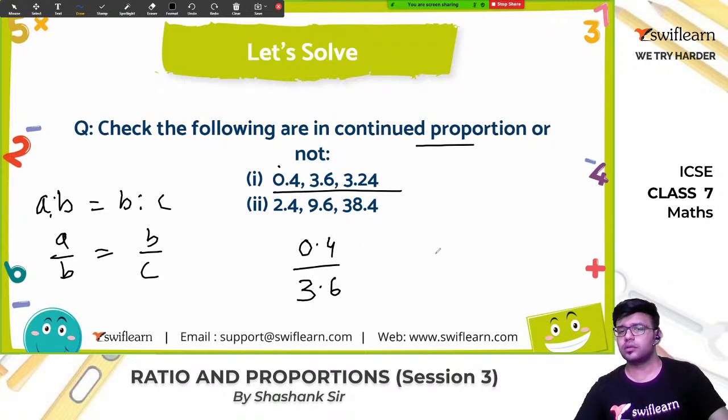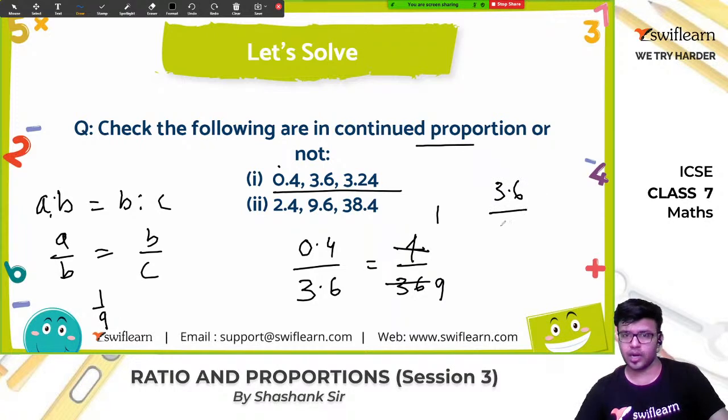This should be equal to 3.6 by 3.04. Now, if I multiply the numerator and denominator by 10, I get 4 by 36. Now, simplify this. 4 times 1 is 4 and 4 times 9 is 36. So, A by B is 1 by 9. B by C,